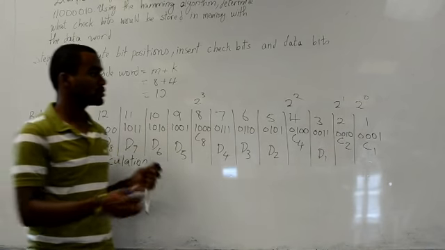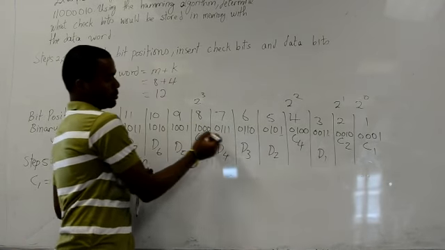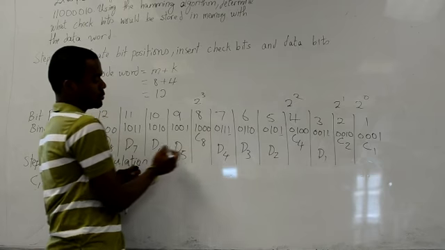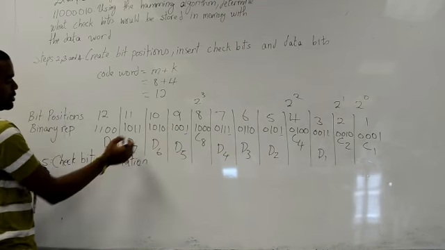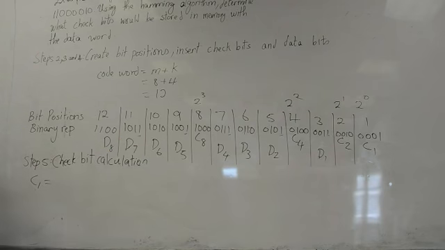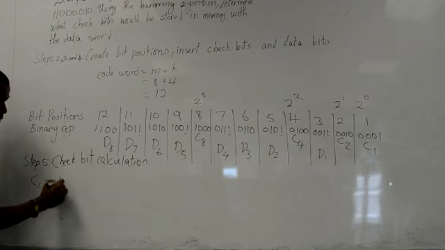So in this case, you have data bit 2, data bit 4, data bit 5, and data bit 7. So to calculate the check bit 1, we're going to exclusive OR data bit 1,